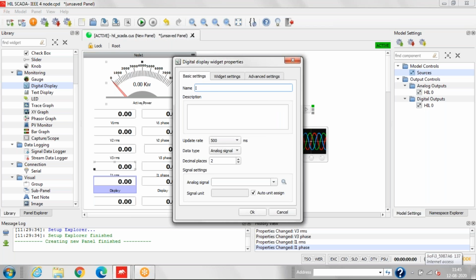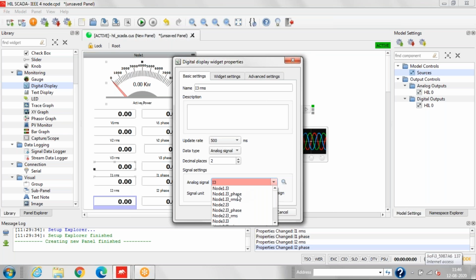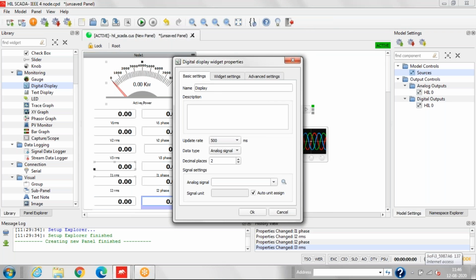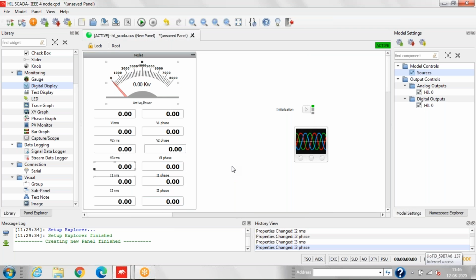So this is for I2 RMS. Now we have connected all the signals for node 1.